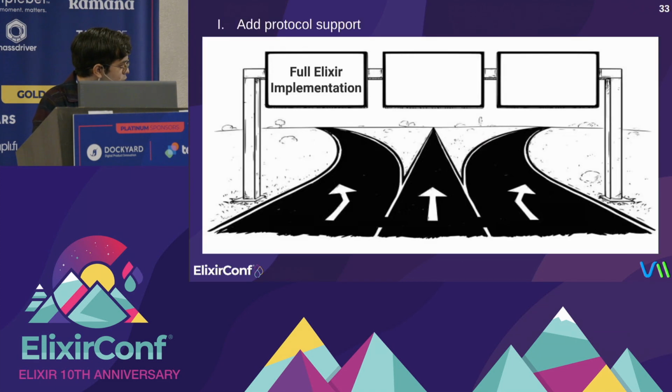So what happens if the protocol has a lot more features, or maybe it is not an open specification, or maybe the open specification is thousands of pages to read? Well, for that case, we recommend to look for an open source project that already has that support and use it as a starting point. And how to take that open source project and bring it to Elixir? Well, there are several approaches.